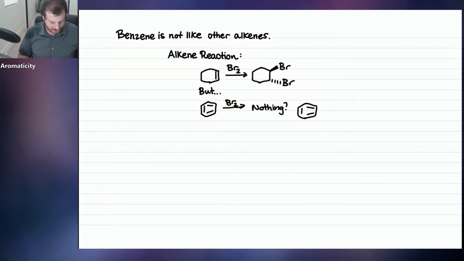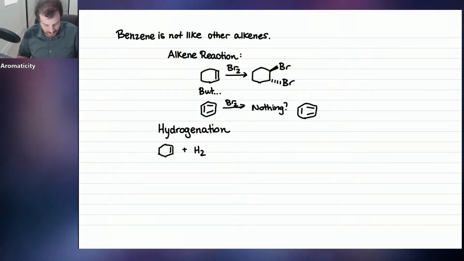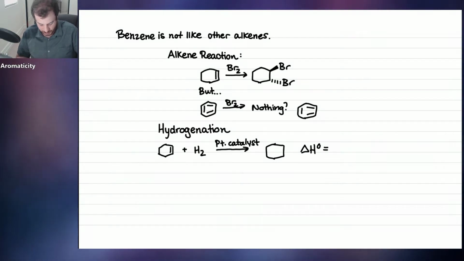So they tried a different reaction that they knew that alkenes could undergo, a reaction called hydrogenation. And you actually maybe remember this reaction from the conjugation chapter, where they took alkenes and they treated them with hydrogen gas and a platinum catalyst. And this reaction deletes double bonds. So it just created cyclohexane. And of course they measured the delta H of the reaction, and they found the delta H of the reaction to be negative 28.6